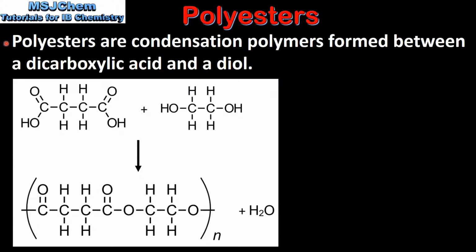Next we look at polyesters. Polyesters are condensation polymers formed between a dicarboxylic acid and a diol. So on the left we have an example of a dicarboxylic acid, and on the right we have an example